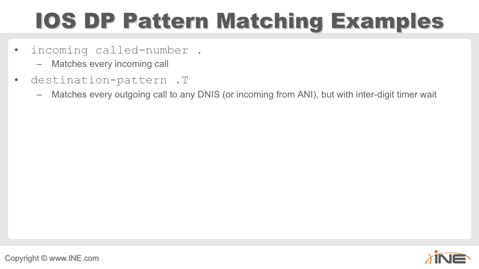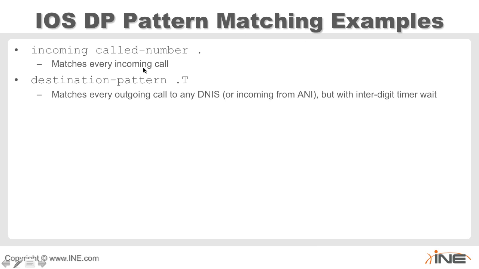Destination pattern dot T is going to match a single digit and then wait for the interdigit timeout, which means any amount of additional digits. If I just do a dot, while we said it could match additional digits, I don't have a dollar sign,